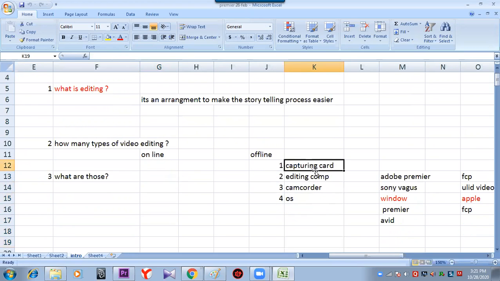As per the different sources, editing software are also different. There are various capturing cards. Nowadays things are recorded on a hard disk or pen drive, but before this, it was recorded on tapes, reels and negatives. At that time, a capturing card was required to capture the negative into the hard disk, from negative to digital.